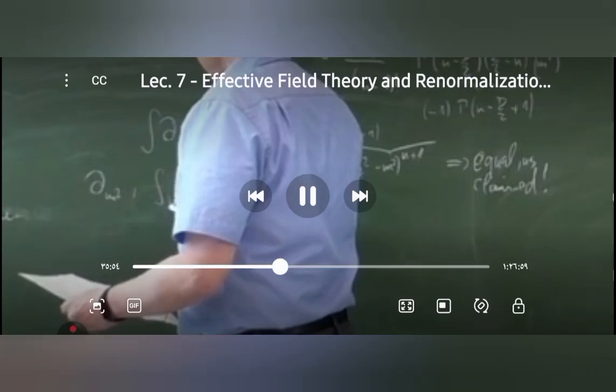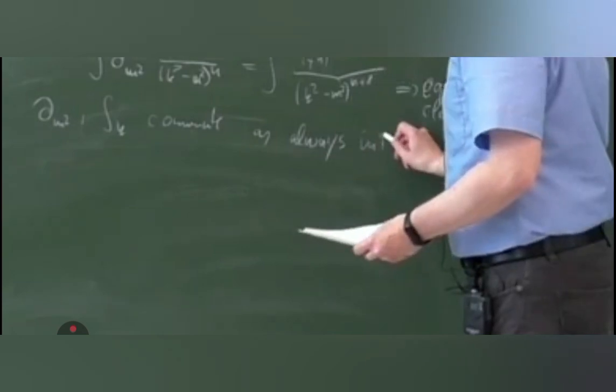So let me write this down as a nice statement. D by dm square and the integral over k commute. And that was actually a statement on dimensional regularization in general. Therefore I can say that we have simply confirmed this general statement of dimensional regularization. So they commute as always in dimensional regularization. But